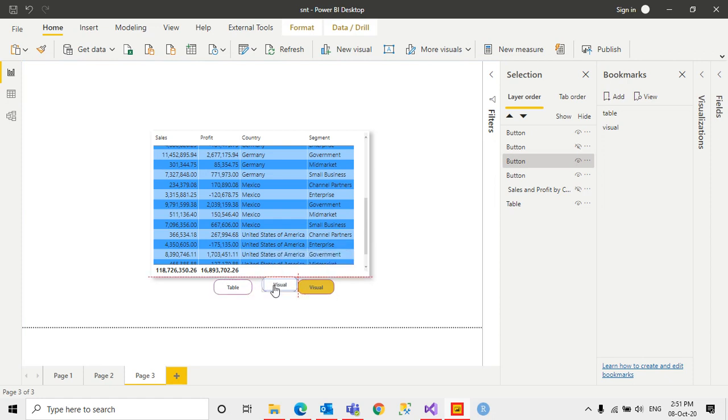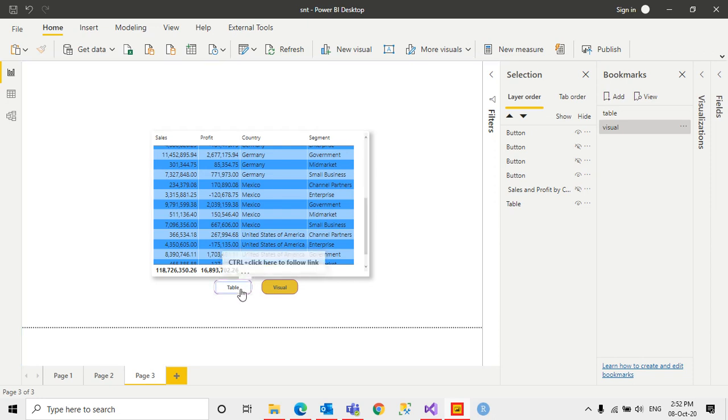Let me hide this again. I'm sorry, not this button, this button. When I click on this table, oh, I'm sorry, I need to change this one also.